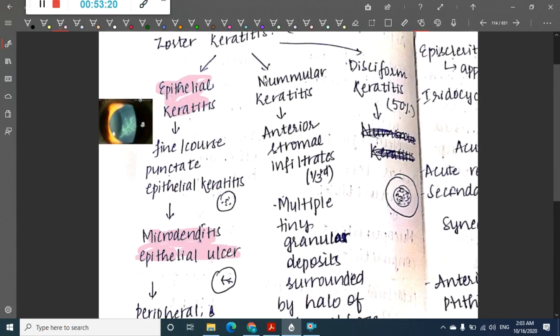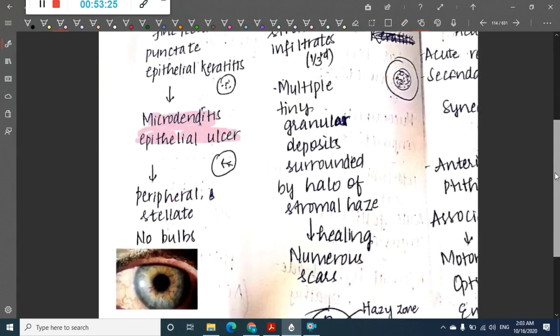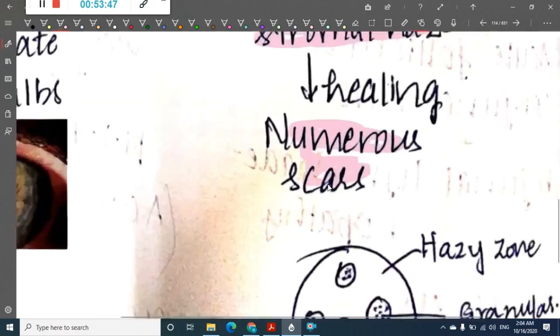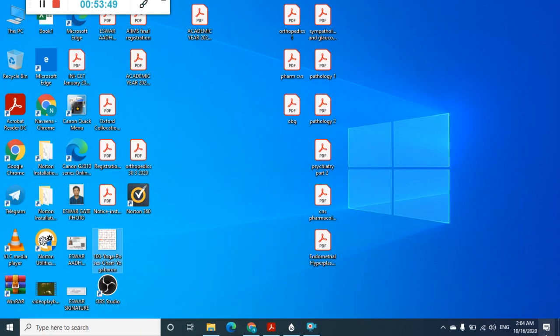Next we have nummular keratitis. Here you will see multiple tiny granular deposits surrounded by a halo of stromal haze. On healing it forms nummular scars. I'll show you these nummular ulcers. If you just zoom in to this picture,